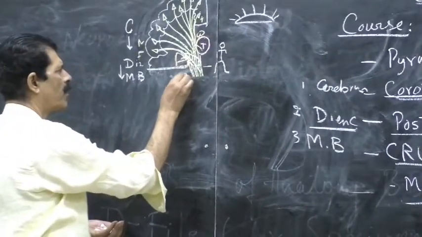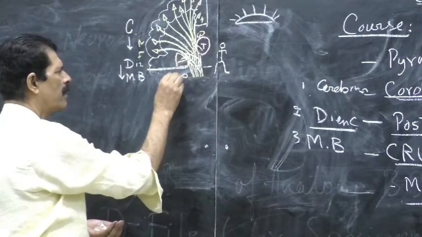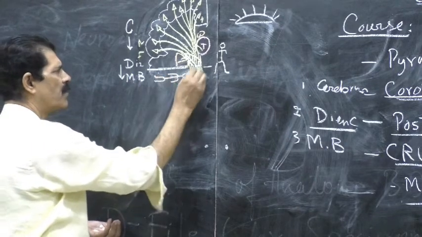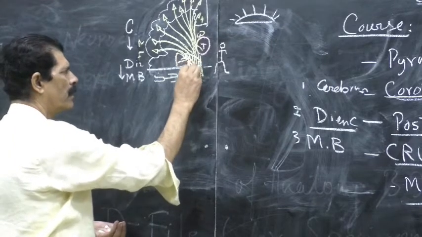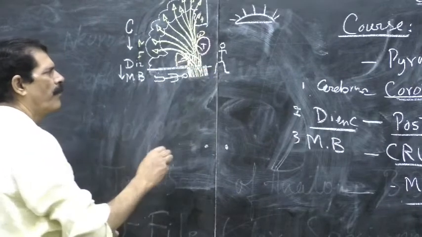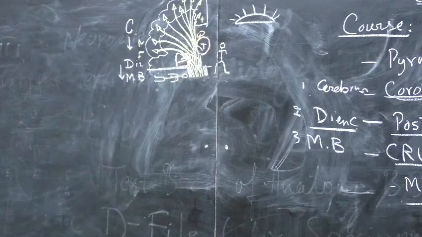Now the body is represented horizontally here, with the head facing medially and the lower limb facing lateral in position, in this strip of the crus cerebri. So medial is the head and lateral is the foot. So this is the crus cerebri.